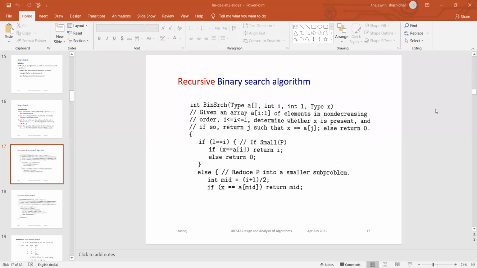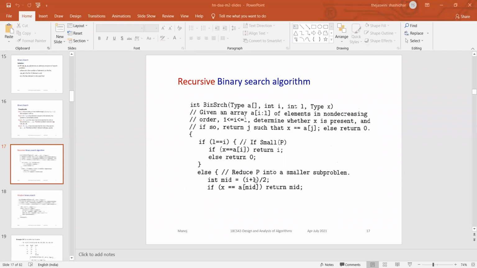At that time, what do you take? Find mid. If there is only one element, that will be the mid element and you can't divide anything. But if the first element and last element are different, mid is equal to I plus L by 2, where I is the first element and L is the last element. So how to calculate the mid element?